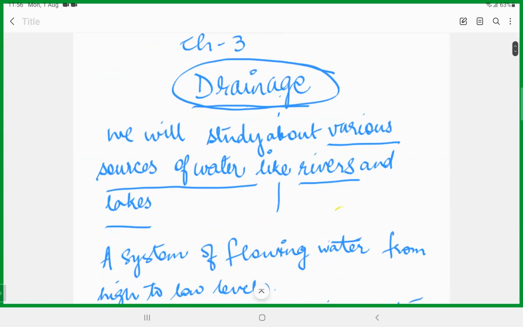So in the previous class I told you what drainage is, and drainage is a system of flowing water from a higher level to the lower levels, right? In this chapter we are going to read about various sources of water, rivers and lakes, and how these rivers and lakes